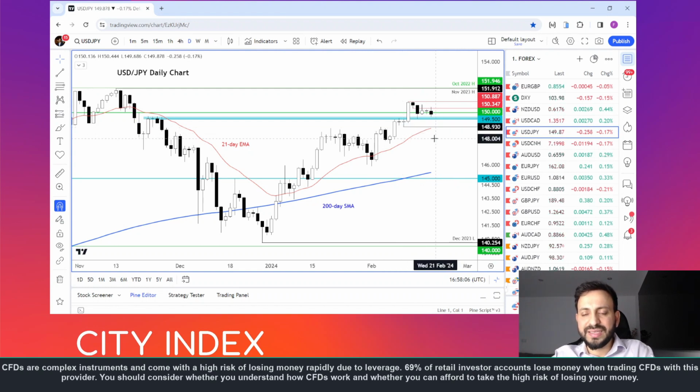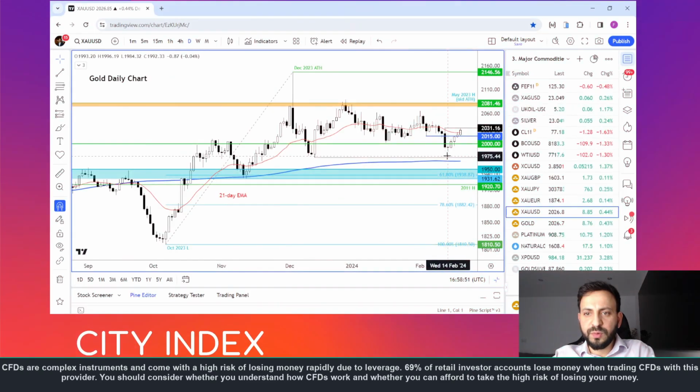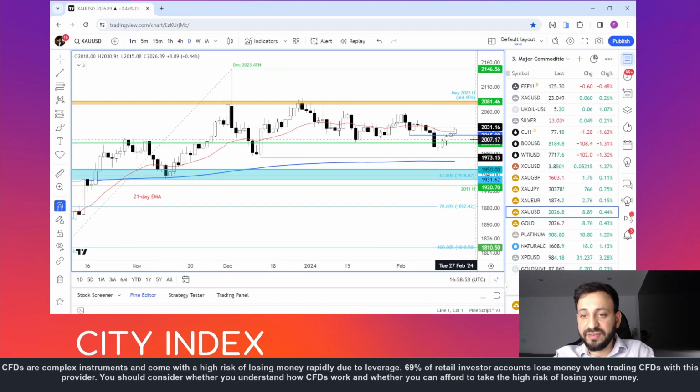A move below that would signal that the breakout from last week was perhaps a false move. So a move below that level would be bearish in the short term outlook. Thanks to the weakness in the dollar, gold is now up for the fourth consecutive day, rising above 2015, which